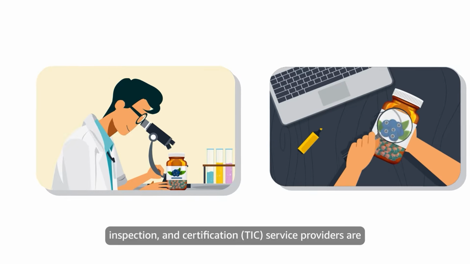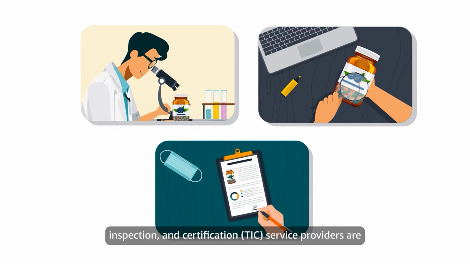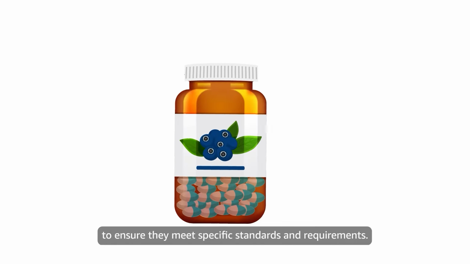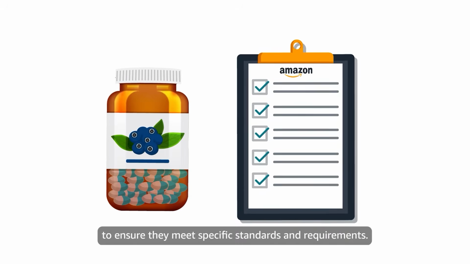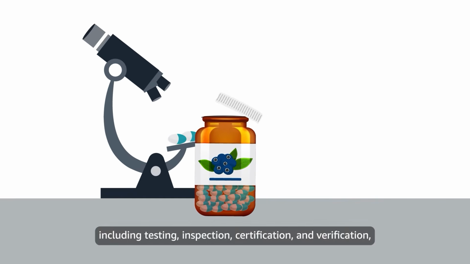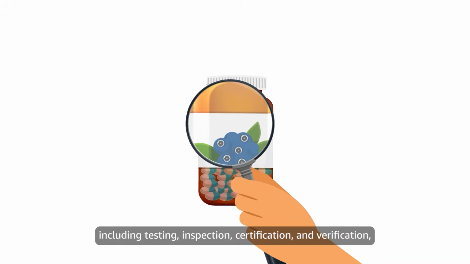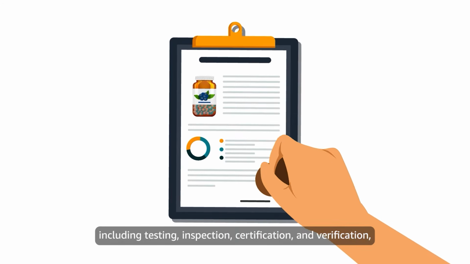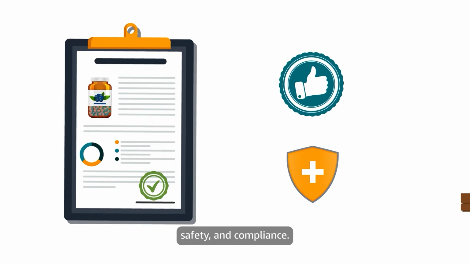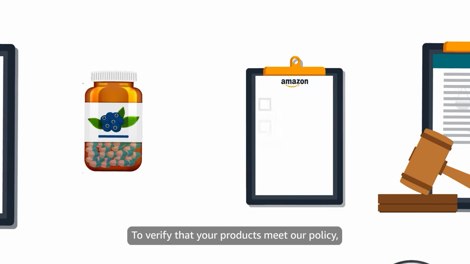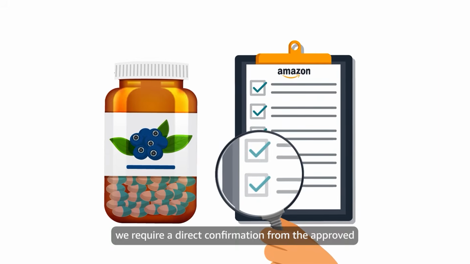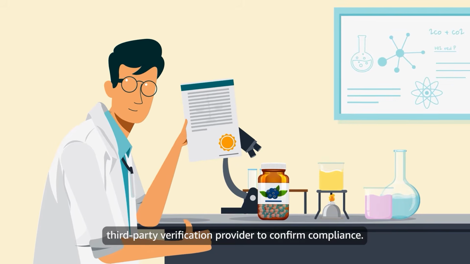Third-party testing, inspection, and certification (TIC) service providers are independent organizations that evaluate products to ensure they meet specific standards and requirements. They offer a range of services including testing, inspection, certification, and verification to help ensure product quality, safety, and compliance. To verify that your products meet our policy, we require a direct confirmation from the approved third-party verification